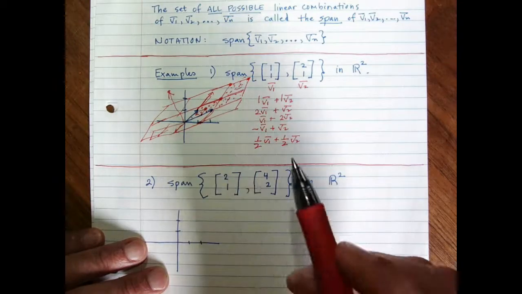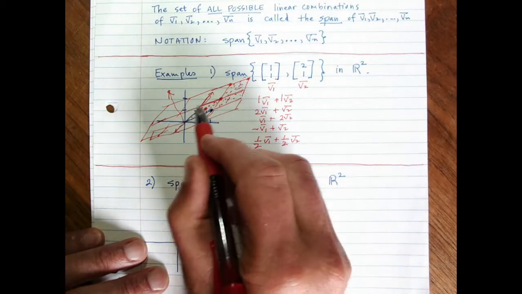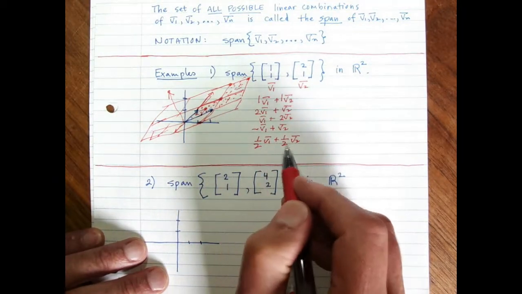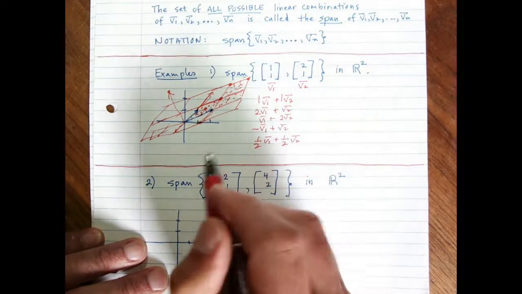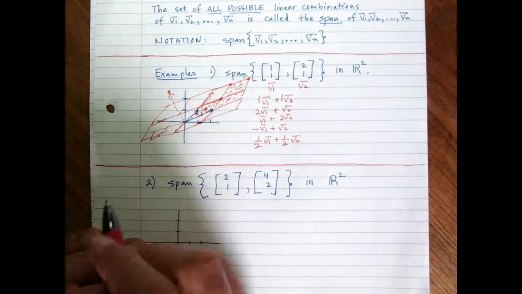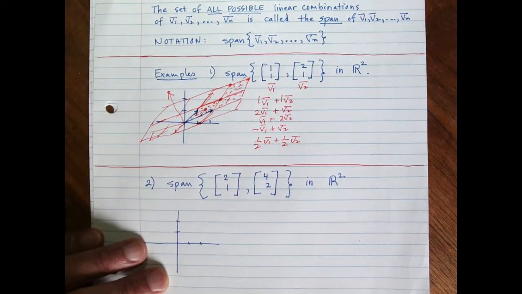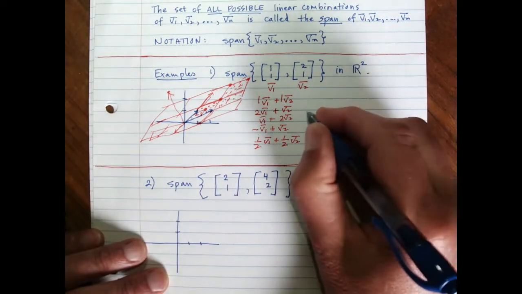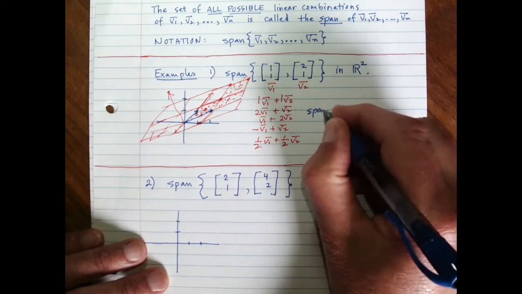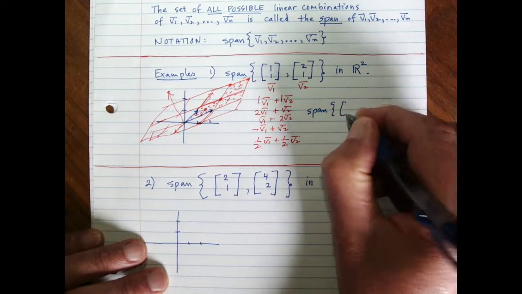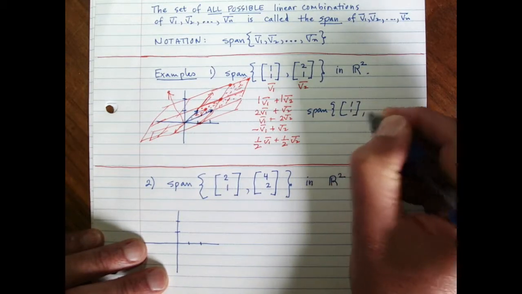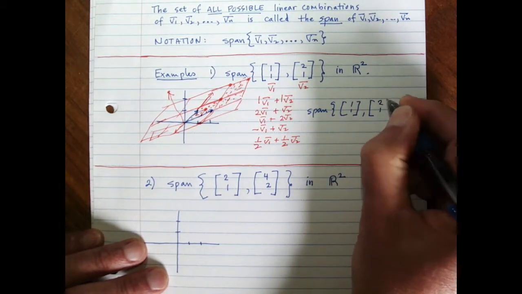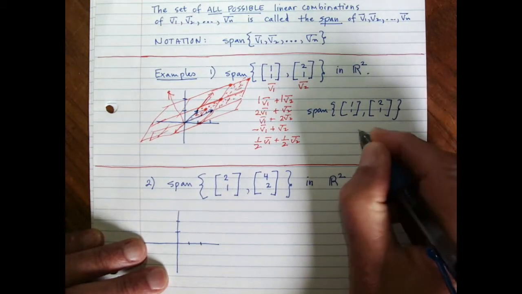But we don't have to go back and solve here. I just want you to make this observation that by writing down so many different possibilities, we can see that we're going to cover the whole plane R2. And so the span of (1, 1) and (2, 1) is